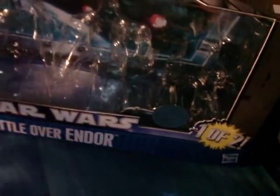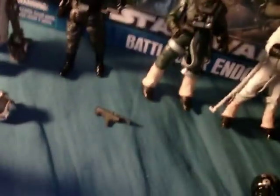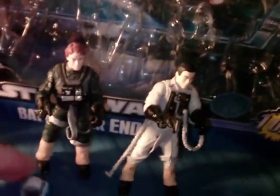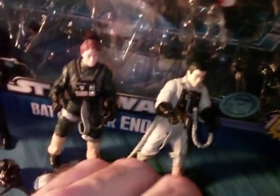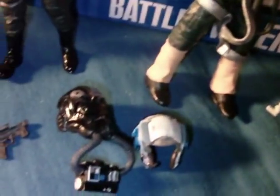So yeah, there's the first pack, the first Toys R Us exclusive pack, Battle Over Endor, 1 of 2. And like I said, the other pack I have, we'll get to that one soon, hopefully. I'll stand these guys up, give you a look at all 4. So, all of them with blaster pistols and removable helmets. So, a great pack if you're into